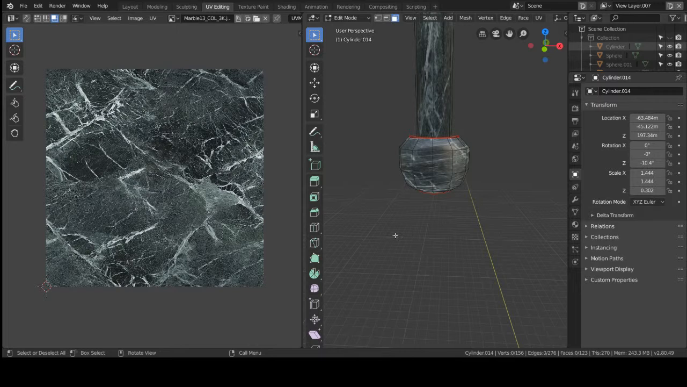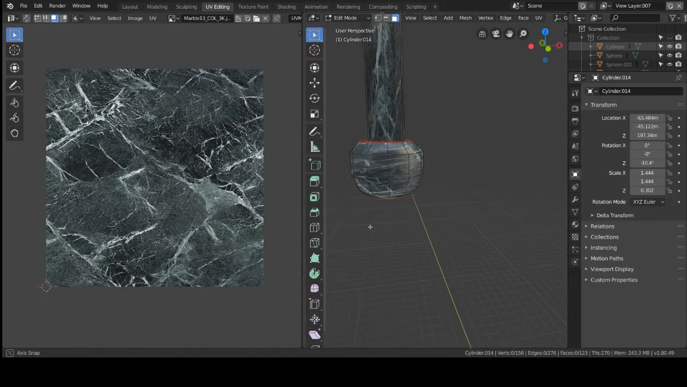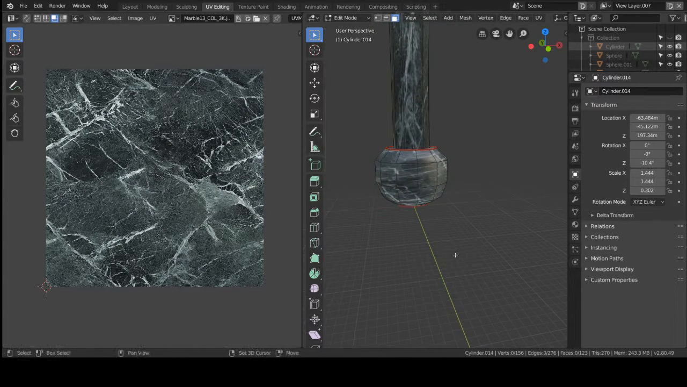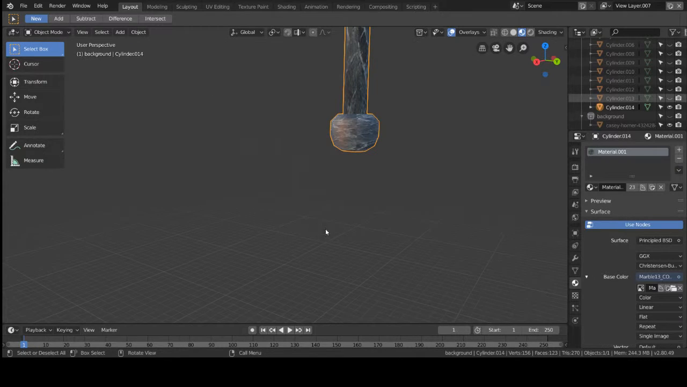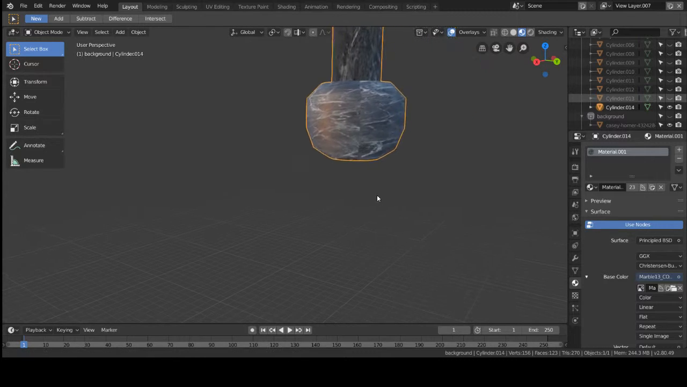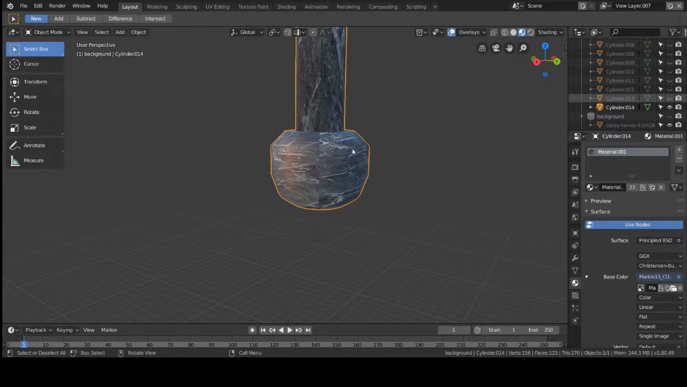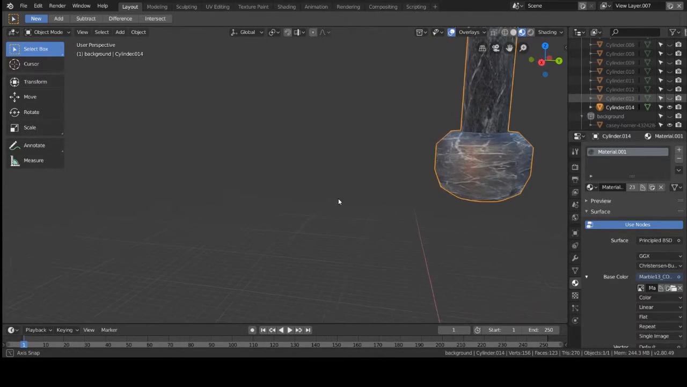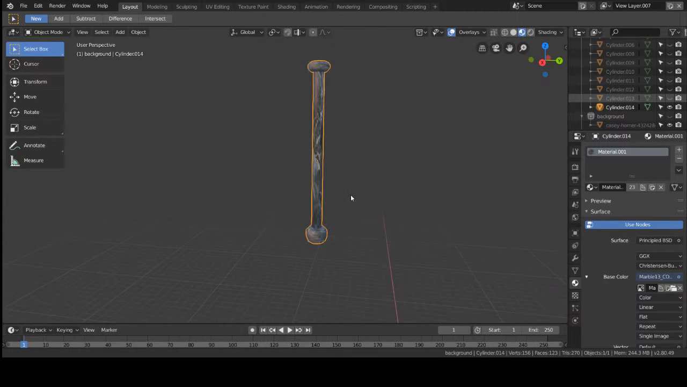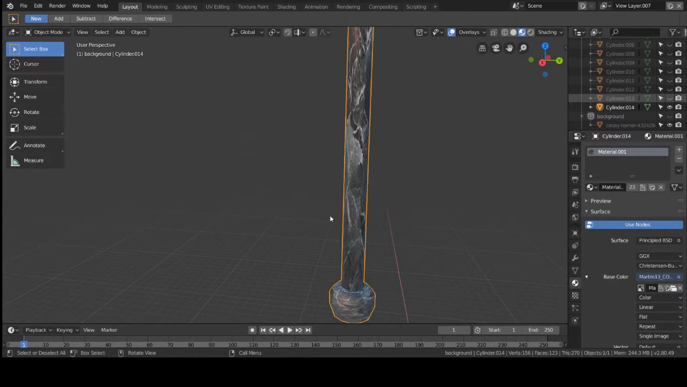What about that? That's nice. I think that's pleasant. I like that. Alright, so let's go back to our layout mode. And now we can see that our UV unwrap looks a little bit better. So our texture, that fixed a lot of our texture problems with this